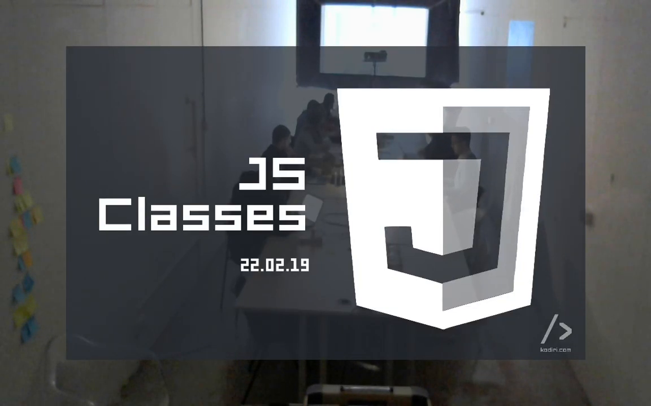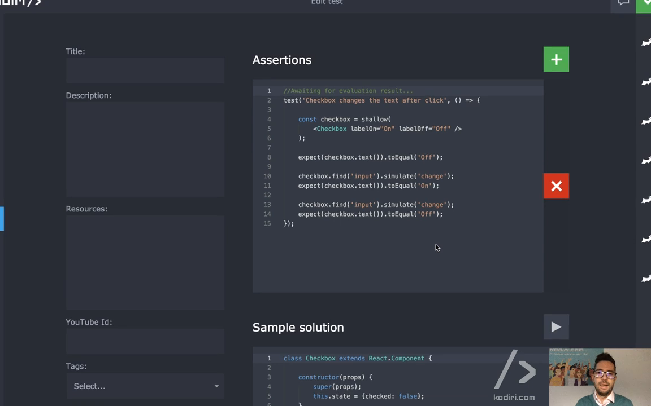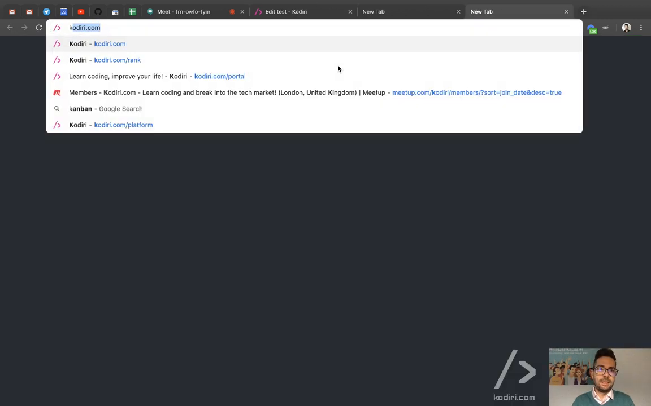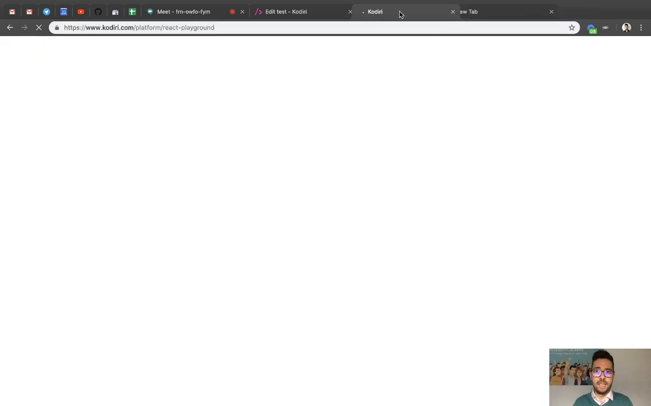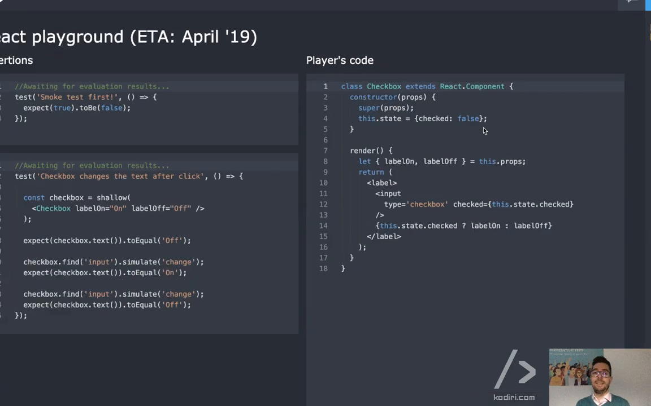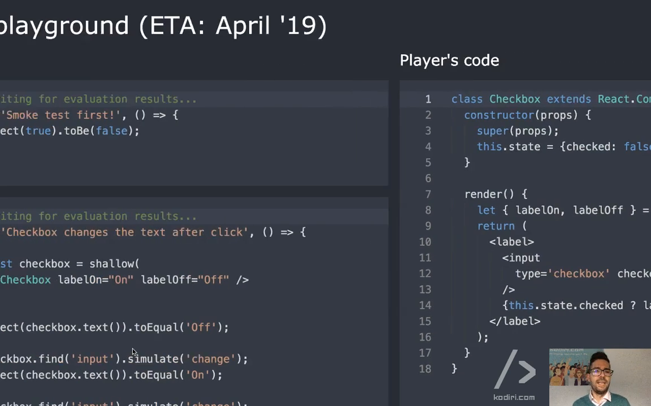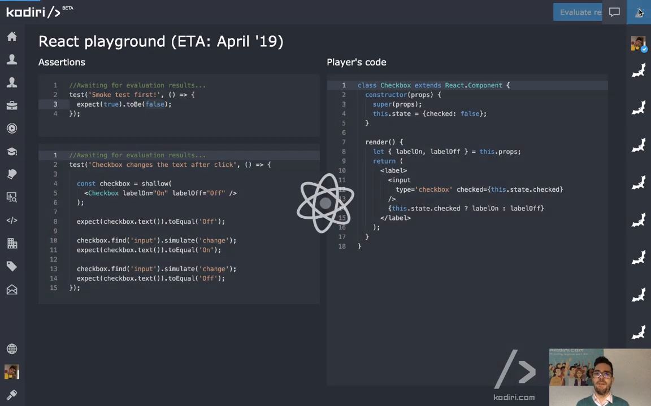Talk about JavaScript classes. But before that, I would like to have a look at the board challenge. We got the React Playground where we can start dealing with the amazing world of React. It's kind of related because we are talking about classes, right? The problem here is we have a couple of tests. The first one is a bit stupid, right? Expect true to be false. That doesn't make any sense, right? If we evaluate it,